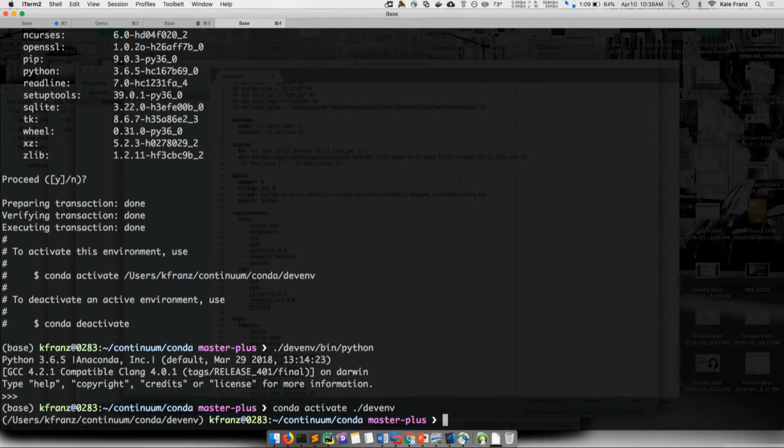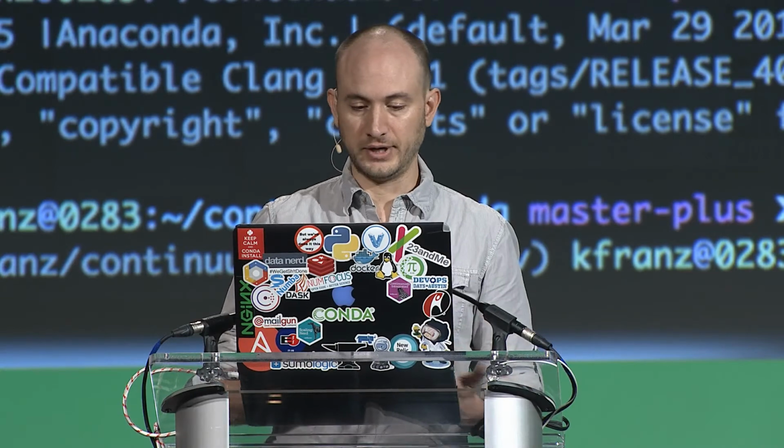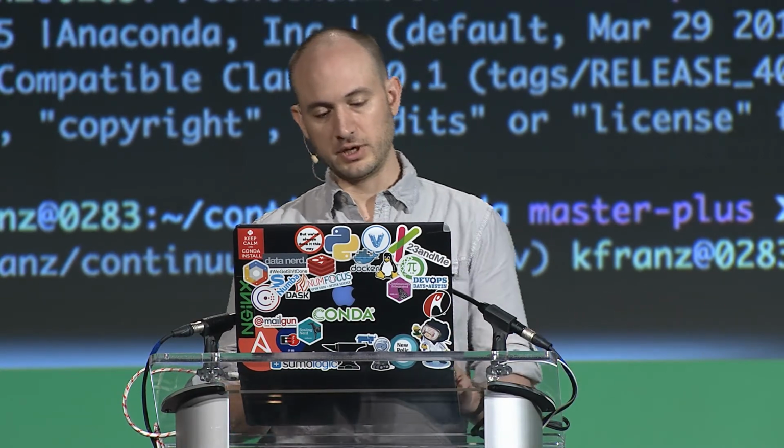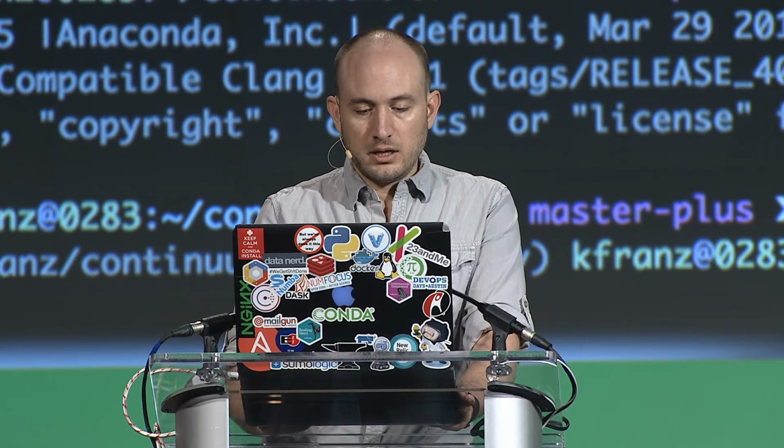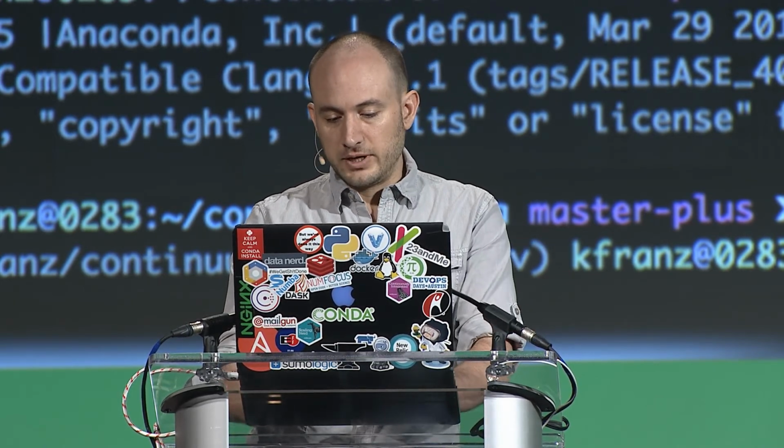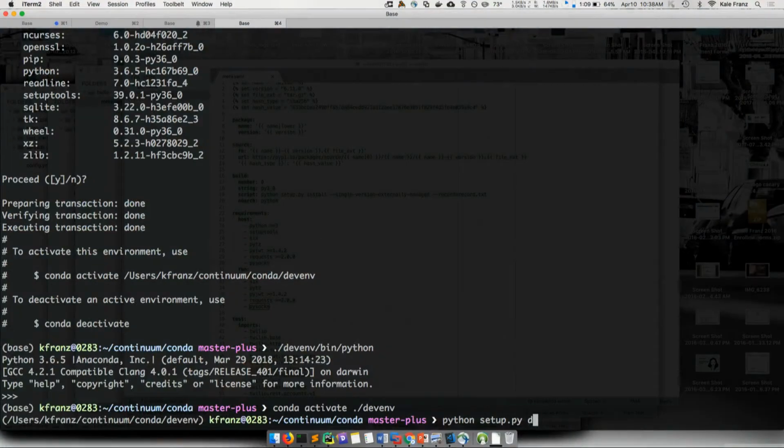I mean, you can still do that for Conda environments, but you don't need to now, and we don't have this collision between virtualenv's activate and deactivate and R's activate and deactivate. We'll be deprecating it. conda activate is a command now. All right, so here's my dev environment, and really all I need to do now is python setup.py develop.